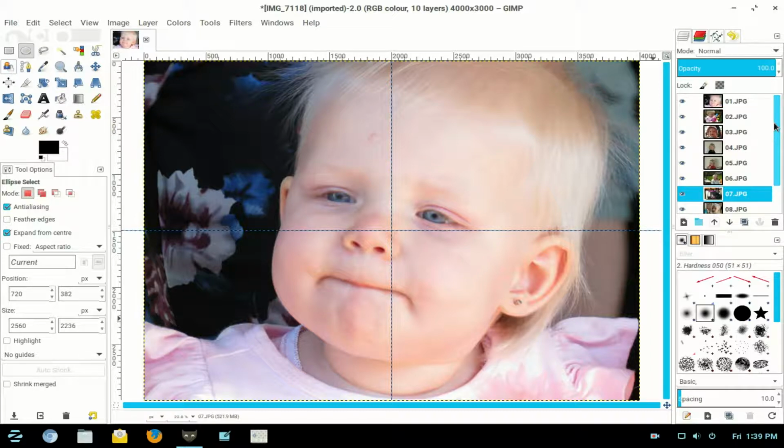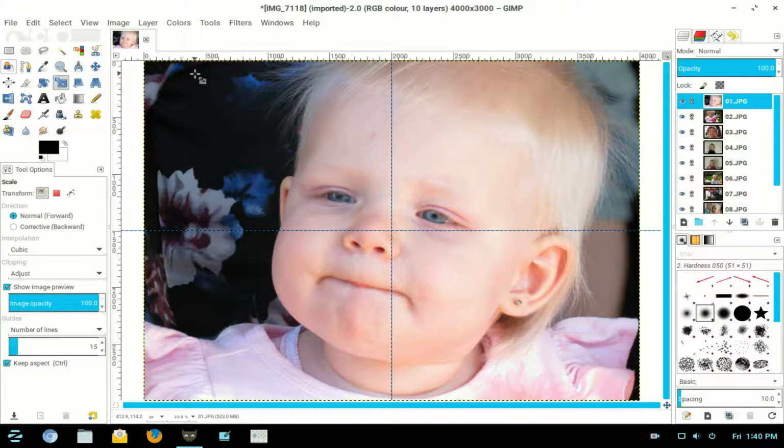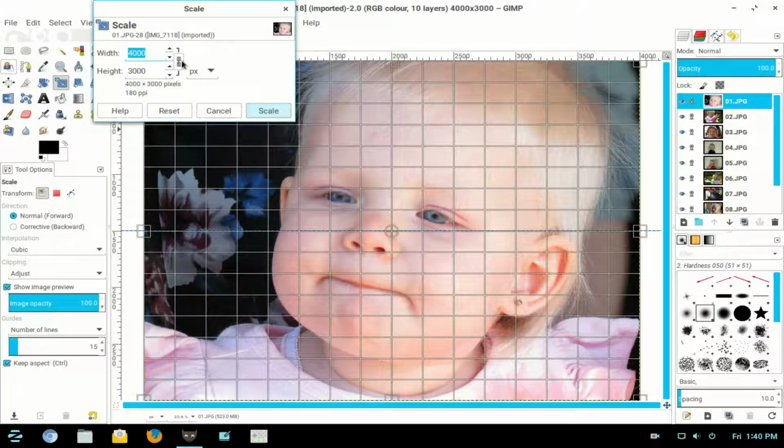Now they're all in their right order, as I've numbered them 1, 2 and 3 and 4 and so on, up to 8. Now in between the eye there's a little square there, and that's called a link. So I link that one, move to the next one, link, link, and link all those together. Click on the top layer, and rescale all these images, and I click on my scale tool, click on the image, the link's already chosen,